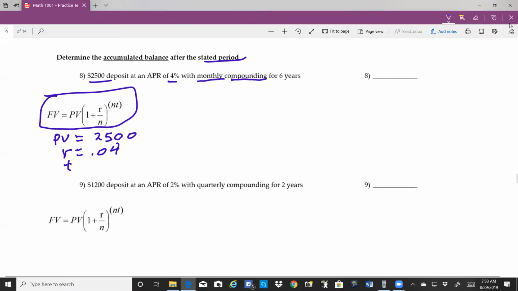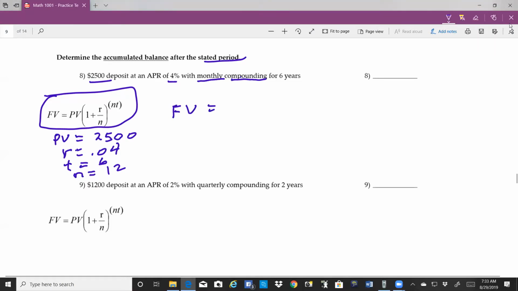T is 6 years. And N, the number of compounded periods per year, is equal to 12, compounded monthly. So the future value